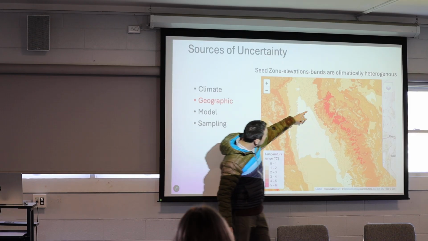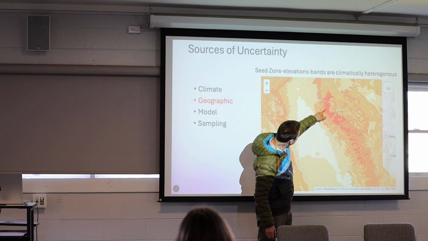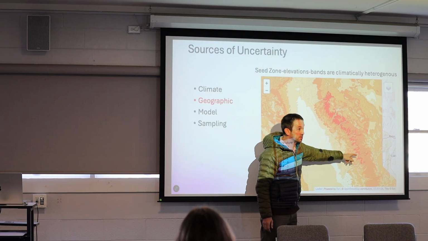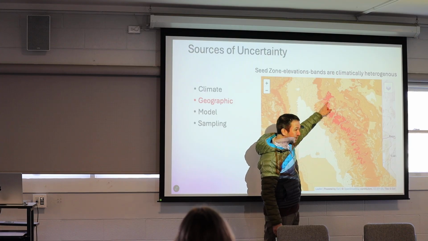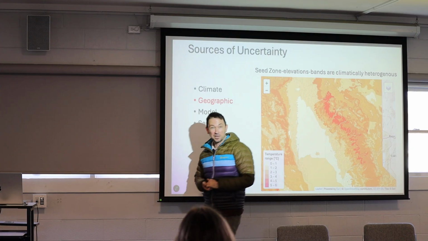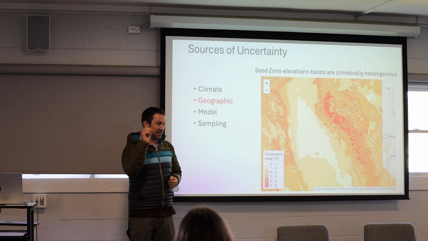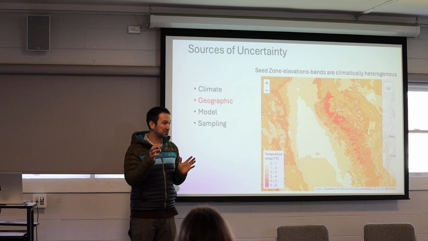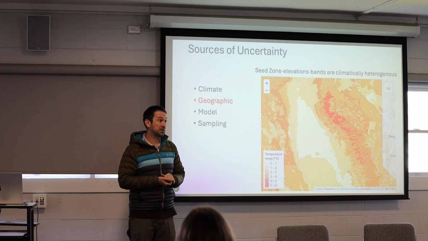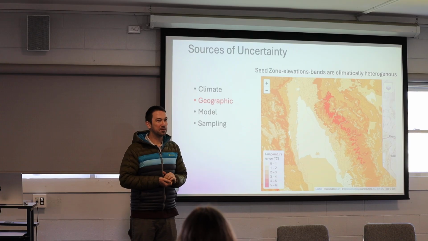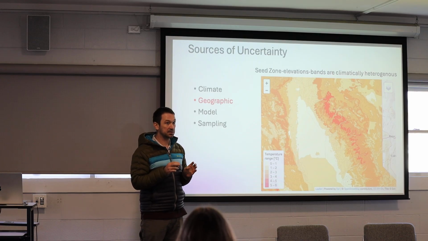And so some of these seed zones have about 6 degrees Celsius mean annual temperature difference between one location in the seed zone and another location in the seed zone. My general opinion is we should be using precise information as much as possible. Seed zones are useful for binning things into different categories and maybe creating rules to protect uncareful or not-good actors from transferring things too far. But if we want to optimize things, we want to get rid of geographic uncertainty as much as possible and use